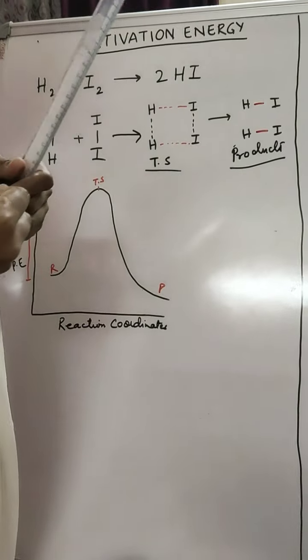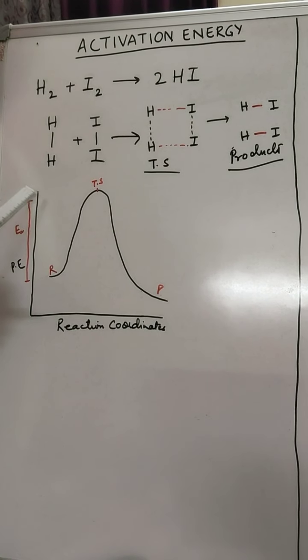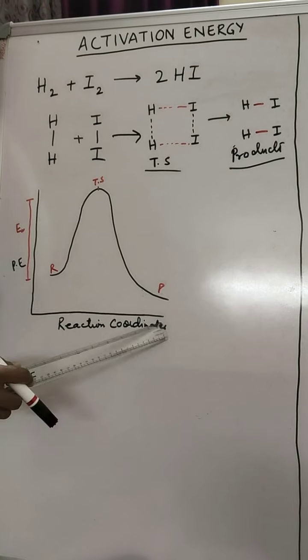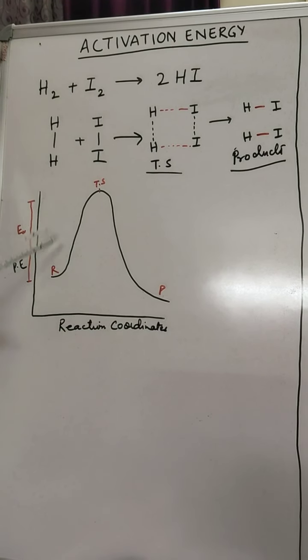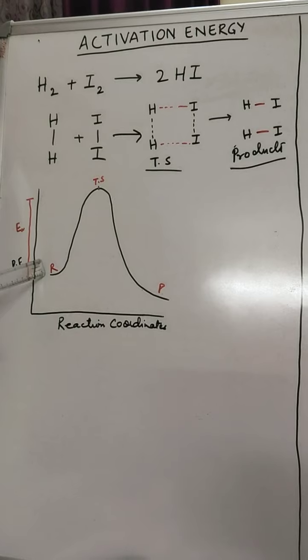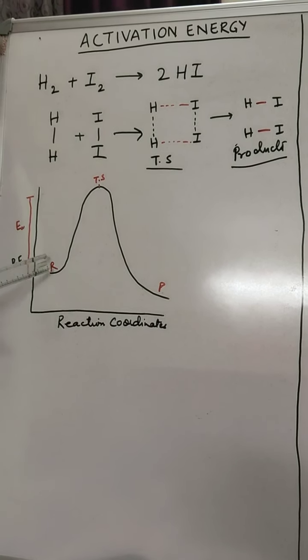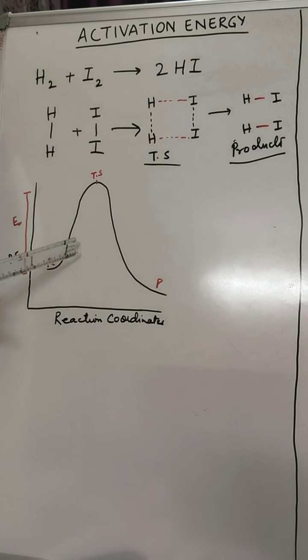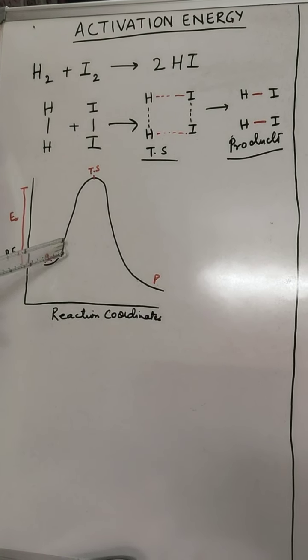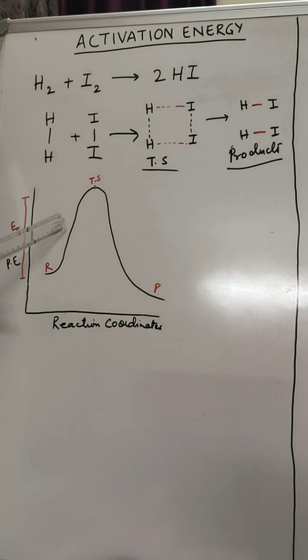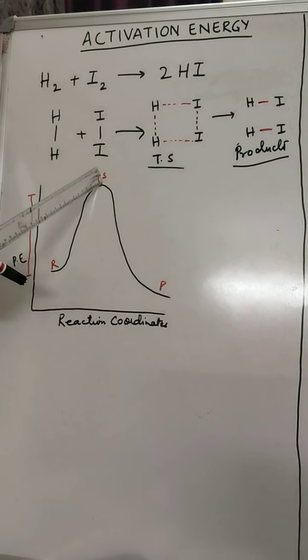Now let us understand this with the help of a graph. If we plot a graph between energy and the reaction coordinate, when the reactants are stationary, they have some mass, and by virtue of having mass and their shape, they have what we call potential energy. Gradually, over a period of time, when they have to collide with each other, they have a certain amount of kinetic energy also. That means we have to provide them with a certain minimum amount of energy to come near each other for the collision to take place, so that they can reach the transition state and finally get converted into product.